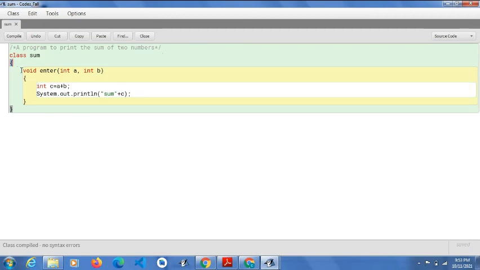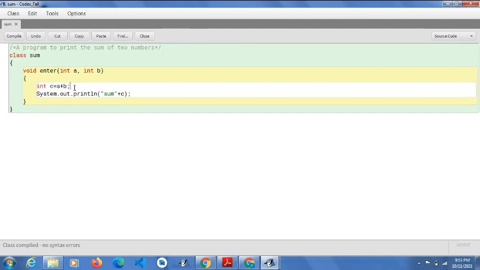And for this you have to put a curly bracket, and then void enter int a, int b. You have to assign variables basically in this, and after this you don't have to put a semicolon, like we have done in this statement and this printing statement. Don't put a semicolon in this, and then the curly bracket, and then this statement you have to write,